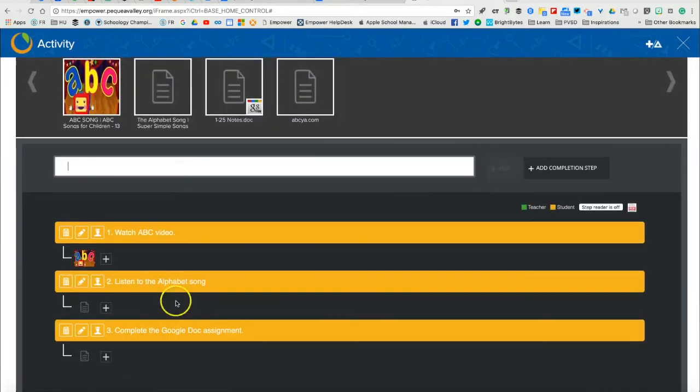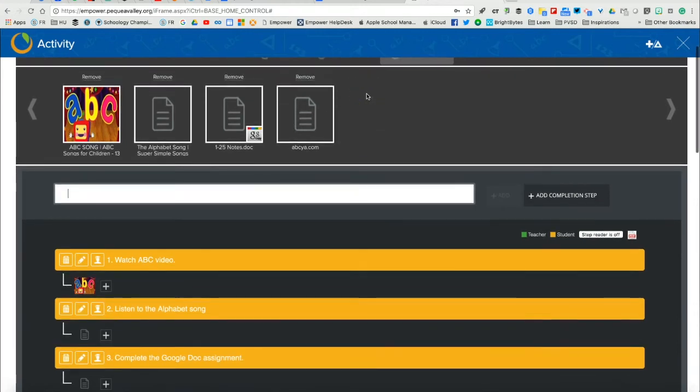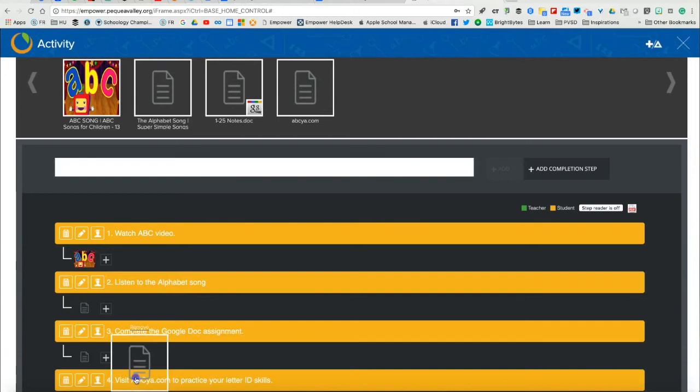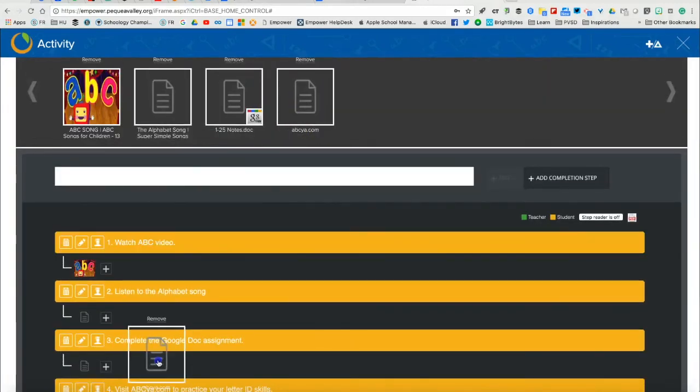And last but not least, they're going to visit... again, maybe not something a kindergartner would do, most certainly not, but just an example of how I can use this for any skill and how it can be multi-step,